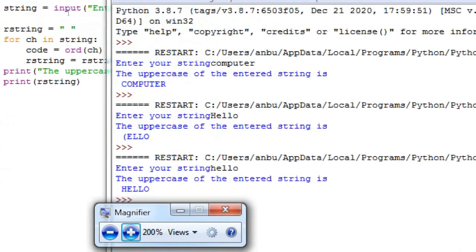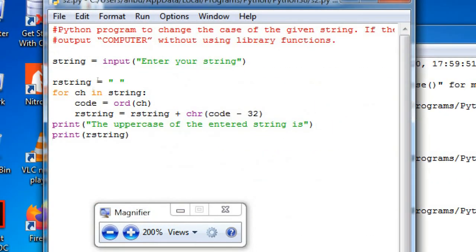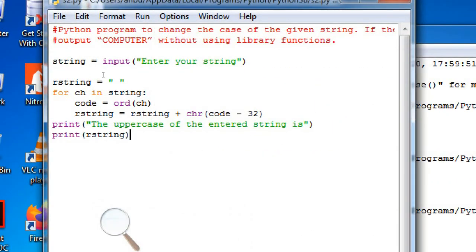One more thing I would like to share here is, in case the problem is about doing conversion from uppercase to lowercase, what we need to do is we will have to do an addition operation in place of this subtraction operation. So this symbol minus should be replaced with the plus symbol in order to perform the conversion from uppercase letters to the lowercase letters, that way.